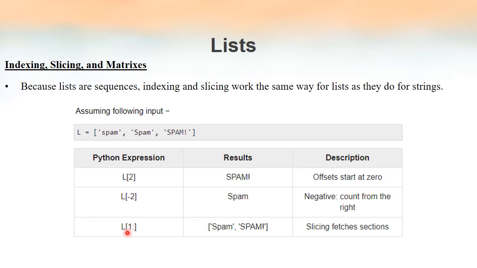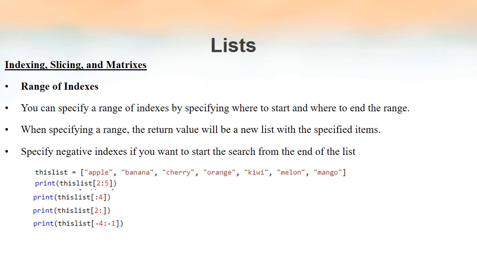Similarly, if we have not specified the beginning of the slice operator, if we have not mentioned where to begin the slicing, then it will start from the beginning of the list and go up to the end of the list. We can also specify the range within which we have to perform the slicing. In that case, we have to provide the starting index as well as the ending index. We will see some examples based on this.